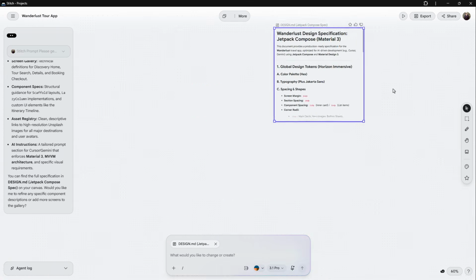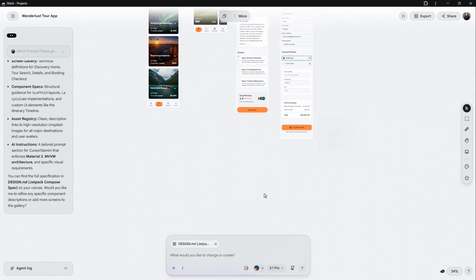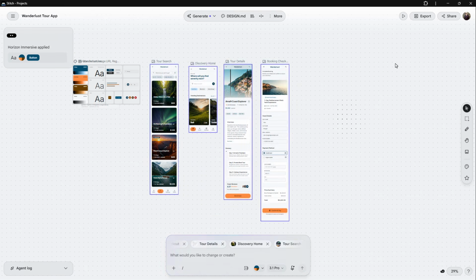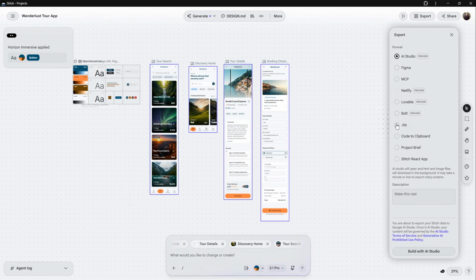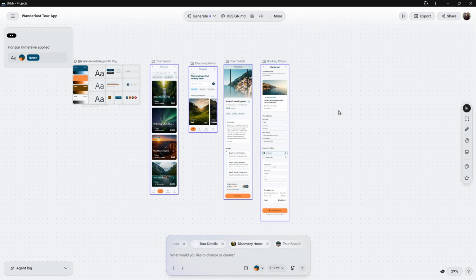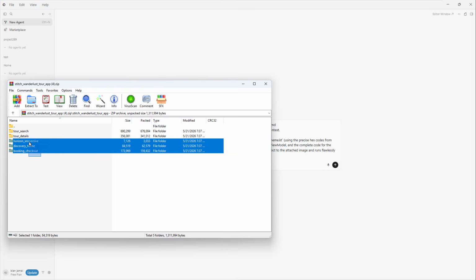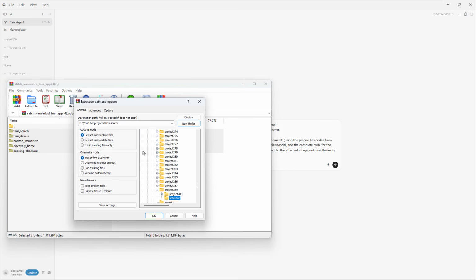While it processes, let's quickly hop back into the Stitch platform. We will select our layout screens, click on Export, select the Zip option, hit that big Export button at the bottom, and download our complete visual asset pack. Finally, we open up that downloaded zip file using WinRAR and extract all our clean graphic assets right into our